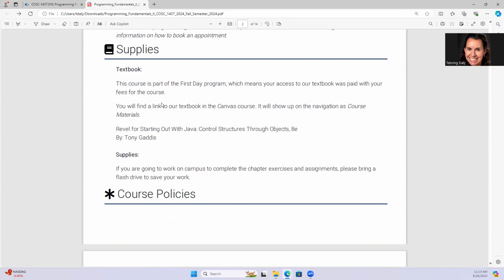However, they just got a new version of Revel. And I didn't try out every programming example that they have because I just got it like a week before. I tried out some of them and I put them in there. So if we have any trouble with the questions in Revel, just let me know and I can help you with that. So it is 10% of your grade, so you do need to make sure you do it by the due date. So I have due dates, again, 10 p.m. on Sunday,